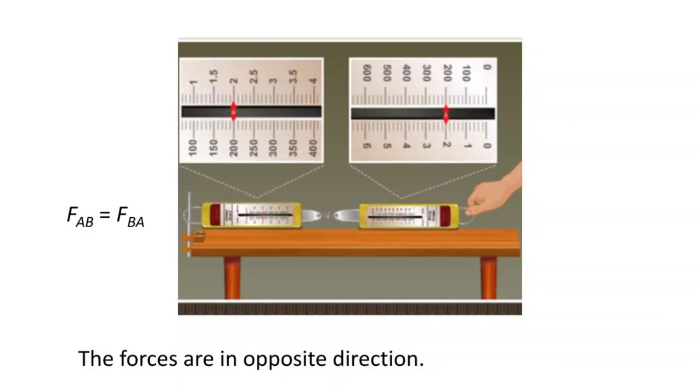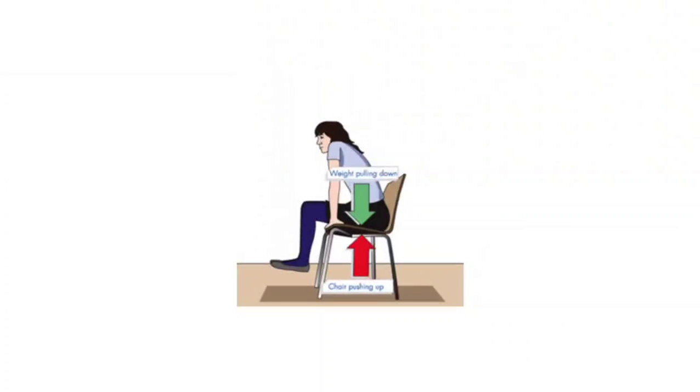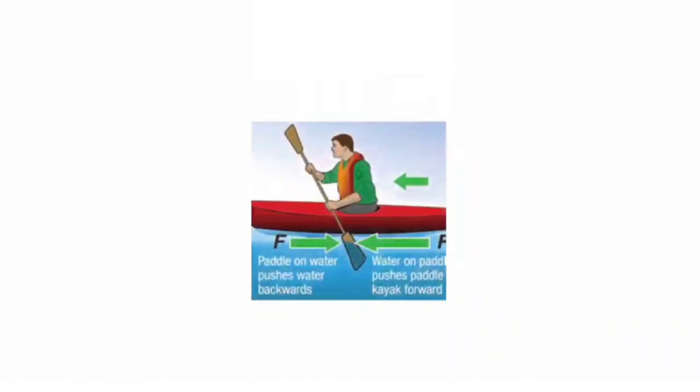Next, we can take few examples of Newton's third law. While sitting on a chair, the weight acts downwards, but the chair again exerts the reaction force upwards. So in this way, our weight is balanced by the chair. While rowing a boat, when the paddle is used to displace the water backwards, the water will push the boat in the forward direction, and these two forces will again be in equal magnitude but opposite in direction.